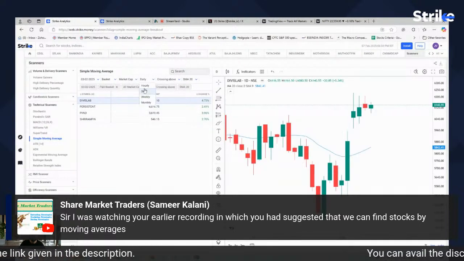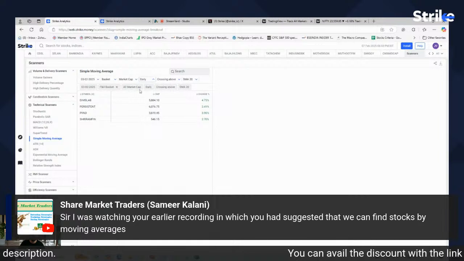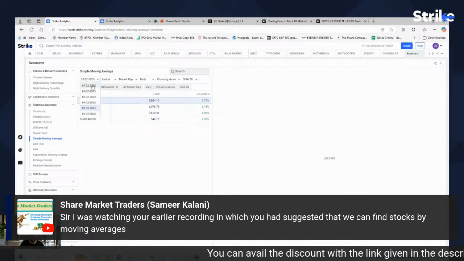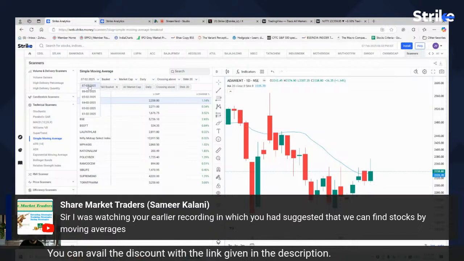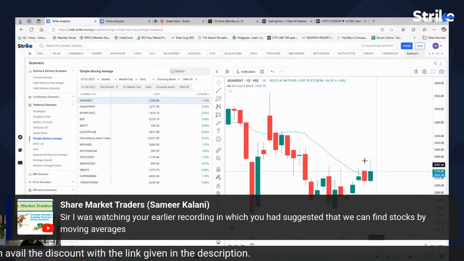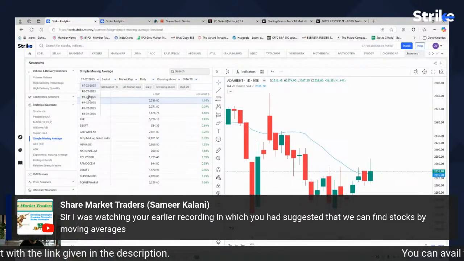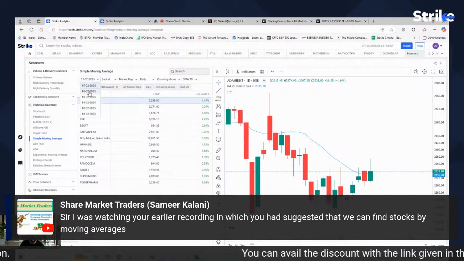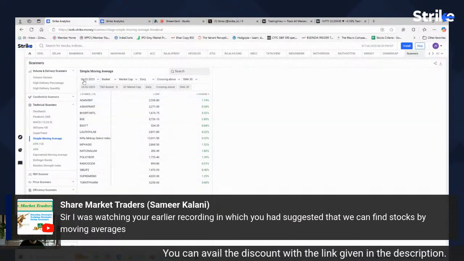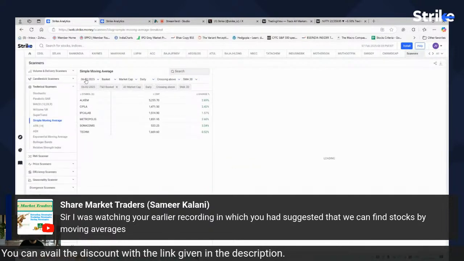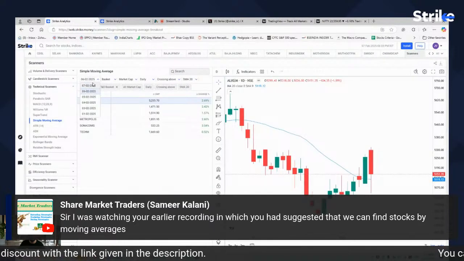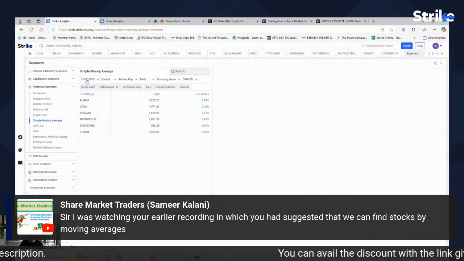So yes, there are a lot of scanners that you will see over here. Just one thing to notice: make sure that you select the recent data so that you get the correct answer. We have provided a feature where if you go to the previous screen and come back again, the sixth will only be shown and not the seventh. So sometimes people get confused with that. Please make sure to check the latest data.